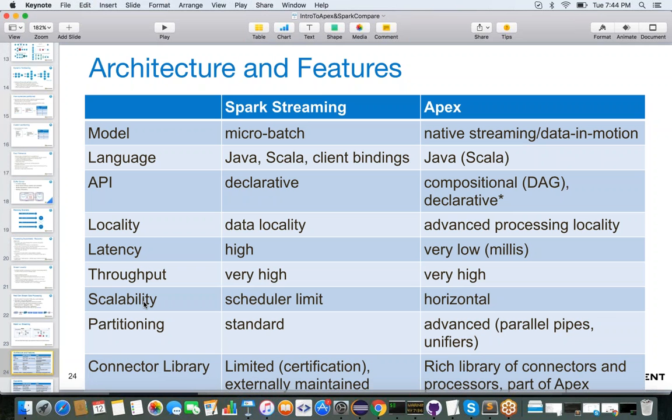So the scheduler usually would become a bottleneck when you're running several hundred containers with Spark. Partitioning: we are saying that Spark Streaming gives you standard partitioning. Basically, you can give the number of instances of an operator that you want. Spark does support a notion of dynamic partitioning based on some SLAs, but it's a little convoluted, and I'll go